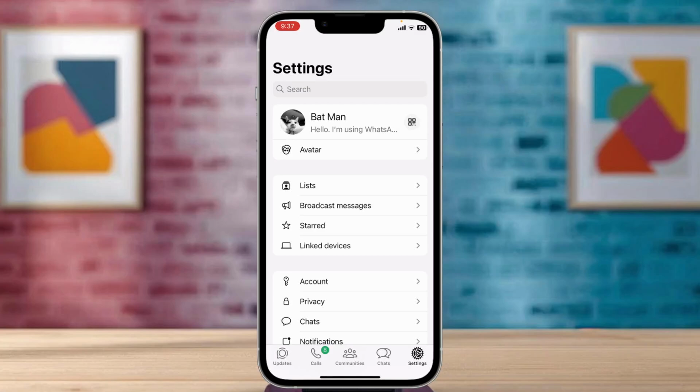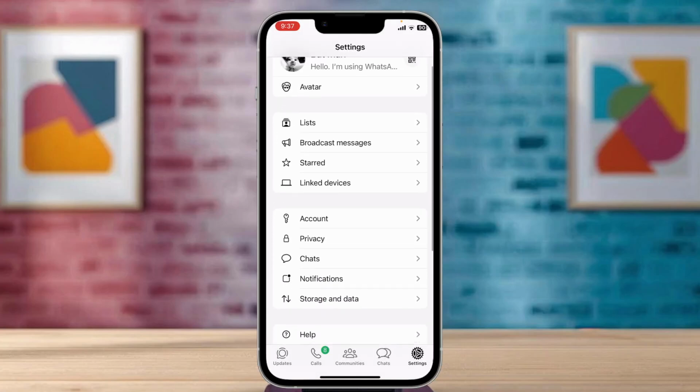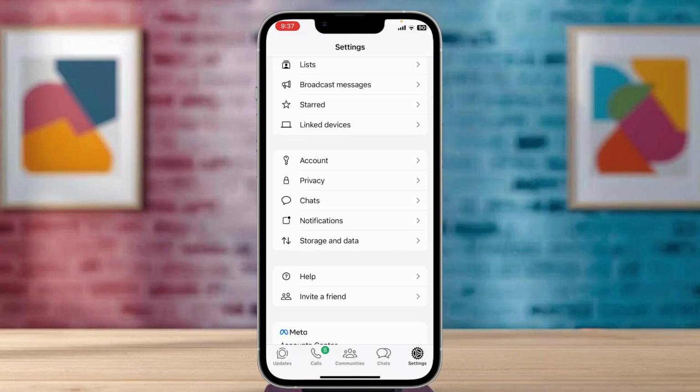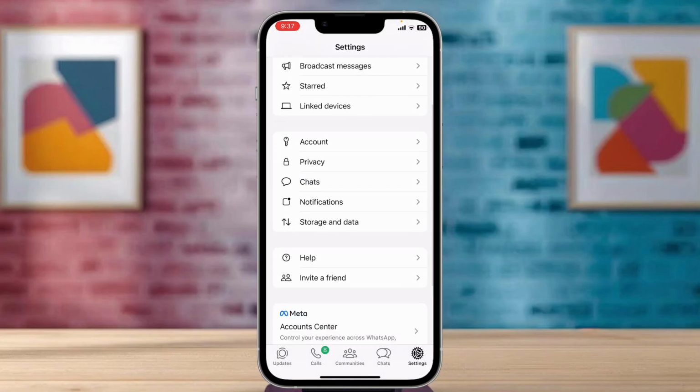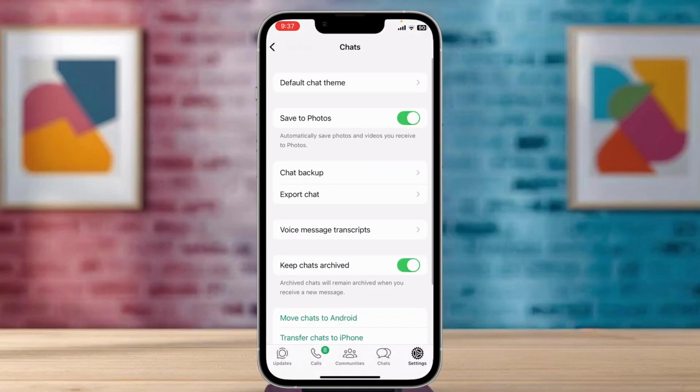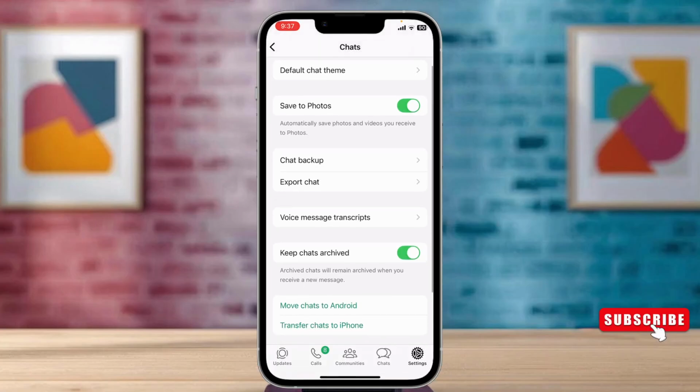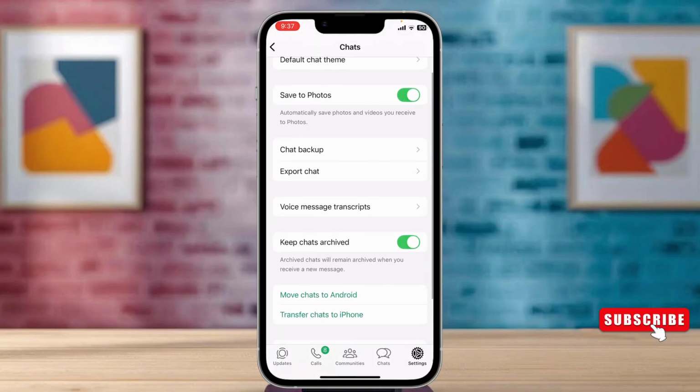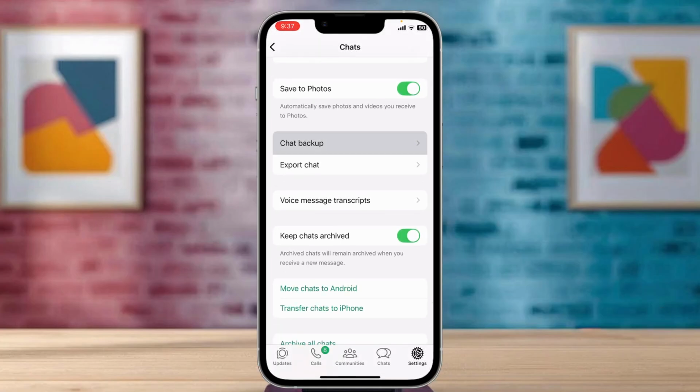After you're on settings, you should find different options. Scroll down a bit and you should find chats option. Tap on chats, and after you've tapped on chats, you should find an option that says chat backup. So it's right here. Tap on chat backup,